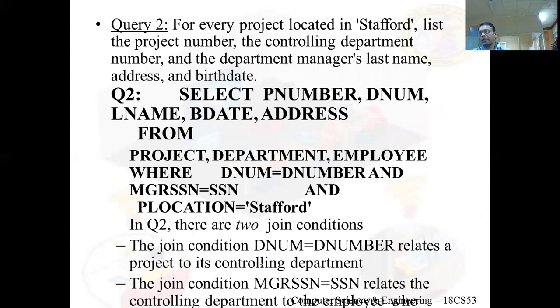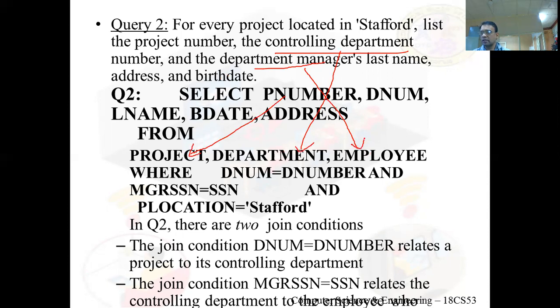So we have one more retrieval query here. If I want to retrieve the project information, for projects located in Stafford, we have to retrieve the project information, which department controls the project, and the department manager's name. You can see here the controlling department is available in the department table, the department manager name is available in the employee table, and the project information is available in the project table.